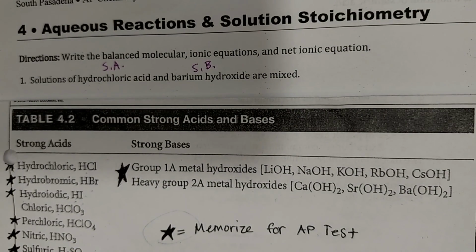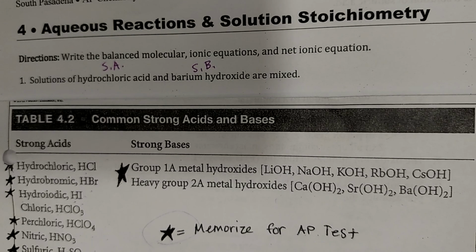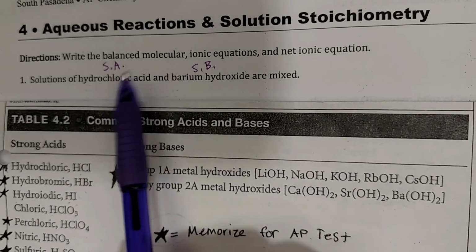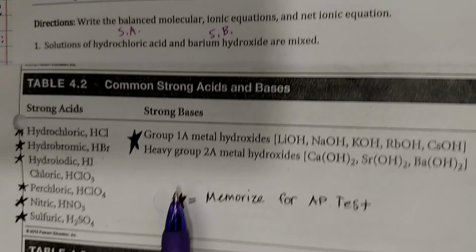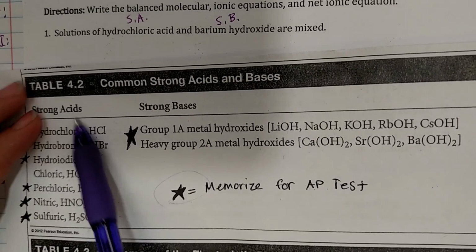Both of those chemicals will break into their ions, will form that water and salt, like we've been doing, and be able to create our net ionic equation and everything. So the biggest thing you want to check is if they're strong or weak, and that'll tell you if they break down or not. If it's not on these rules, so if it's not listed strong acid or strong base,